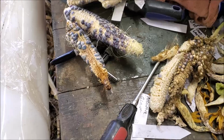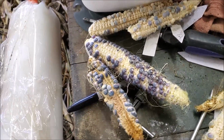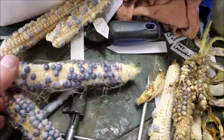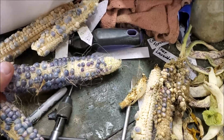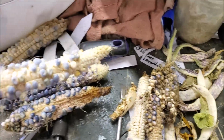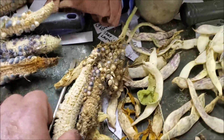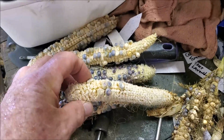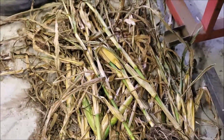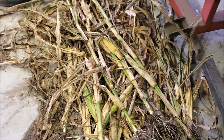Pardon the background noise. The healthy turquoise corn was mostly a failure. You can see how sparse the kernels are on these cobs. Of course, some of these were poorly developed cobs, but on a lot of these you can see very few kernels. There's some cobs left. I'm going to go ahead and let them dry. These others had fell off